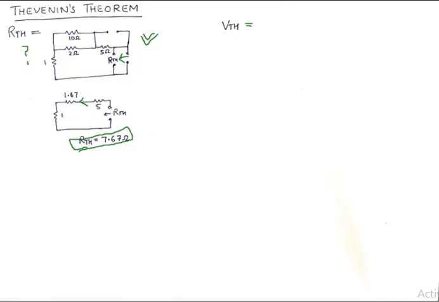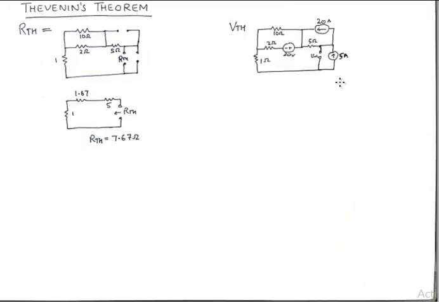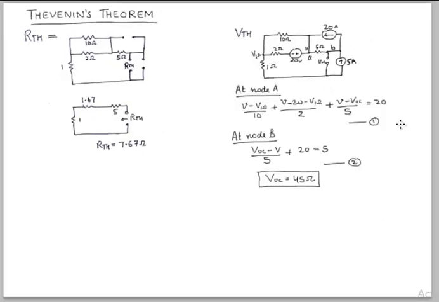In order to calculate VTH, we open circuit the load and we calculate the open circuit voltage at the load. Now this becomes a little trickier, because in order to find this voltage, we'll need to apply some technique which already has been applied. By that I mean that in order to find this voltage, I'm applying KCL again, because